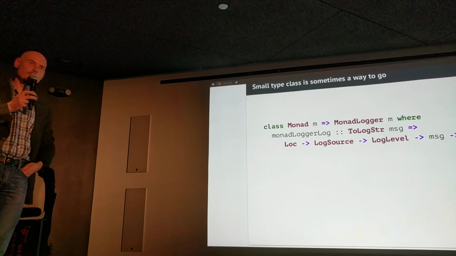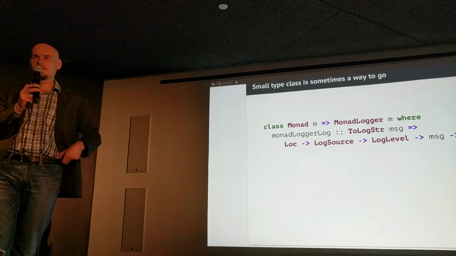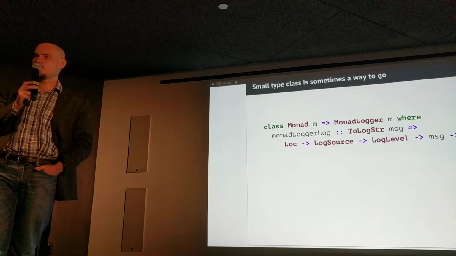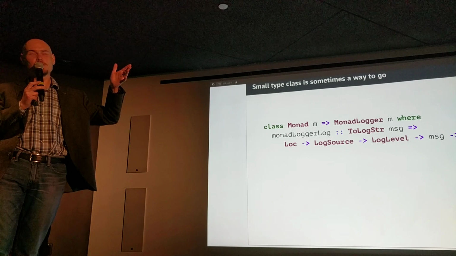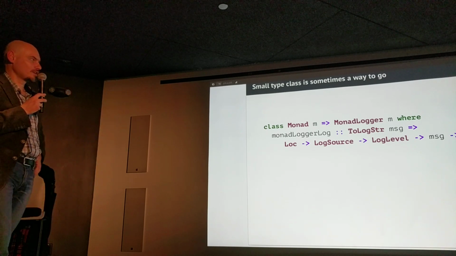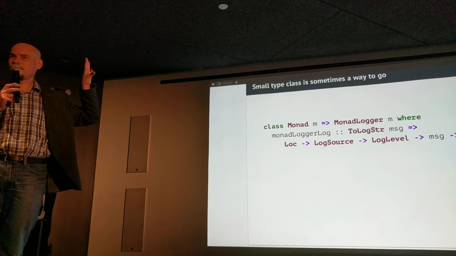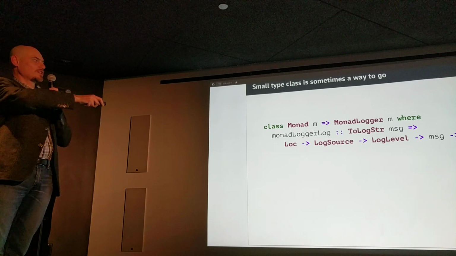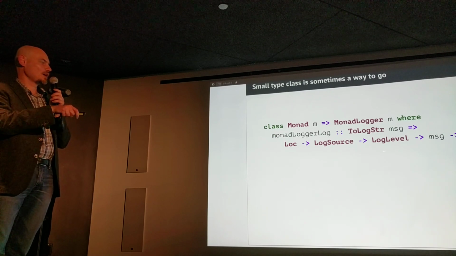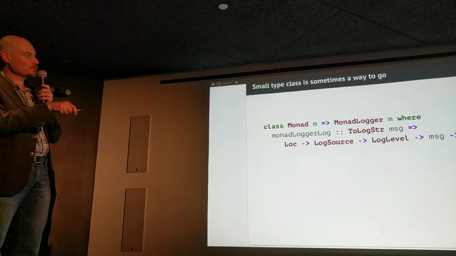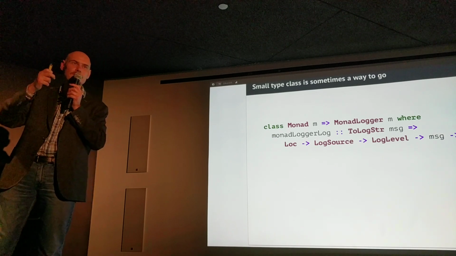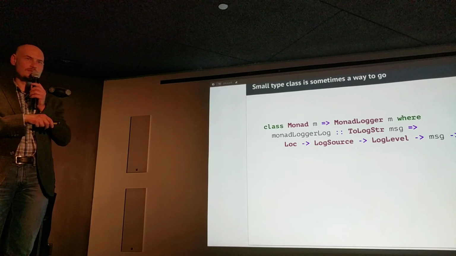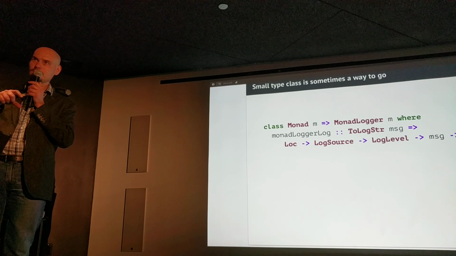Michael Snoyman is well known for using plenty of small type classes. Every library which he wrote has at least a dozen type classes, and almost all of them have one or two methods. So this is a type class for logging, and just compare it with a type class with 8 methods in HSLogger. So what is logging? Well, it's just this simple function. Let's look at it. We have some type for messages, and even from this name, you may see that a message is something which can be converted to strings. Okay? So we have location as an argument. It's the line of code where we generate that